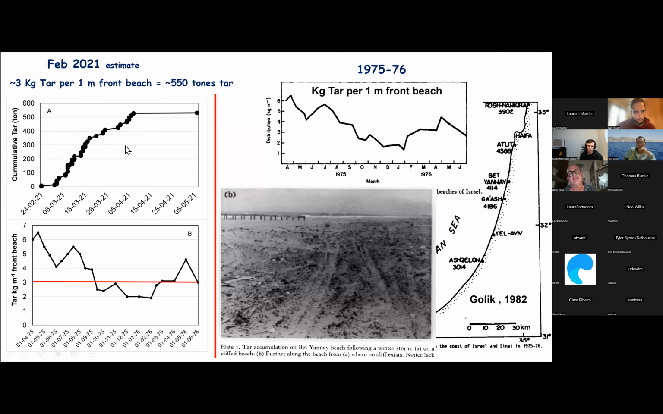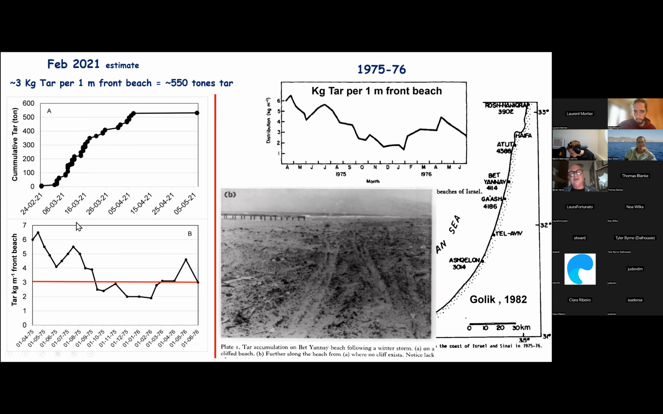The amount of tar in this event was estimated to be about 550 tons of tar. This is based on cleaning activities and measuring the amount of tar. You can see it by this cumulative figure in the upper left. And considering the lengths of shorelines that we have, this is about 3 kilograms of tar per 1 meter of